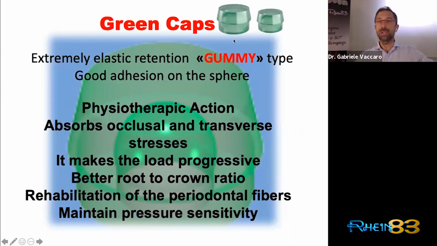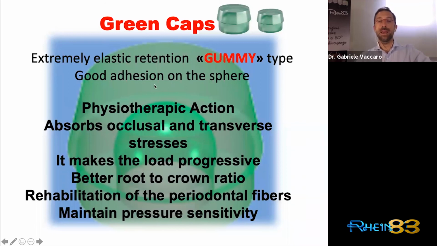And as you saw, I chose to start with a green cap. The green cap is extremely elastic and has a gummy consistency. This means that it's very soft. So it has a physiotherapeutic action, because it gives the occlusal load a small increase. It absorbs occlusal and transverse stresses. It makes the load progressive, because the first shock is absorbed by the female cap